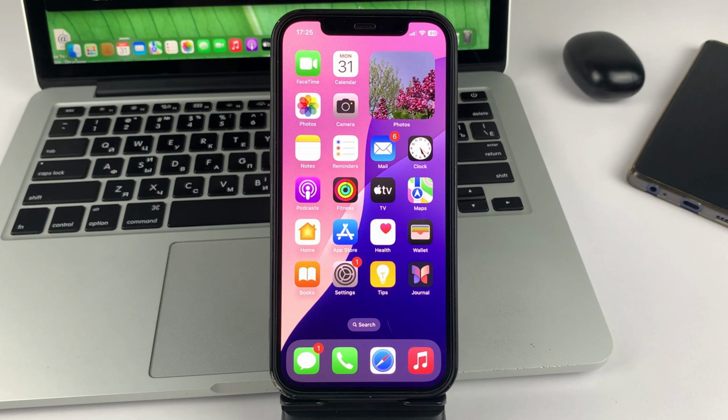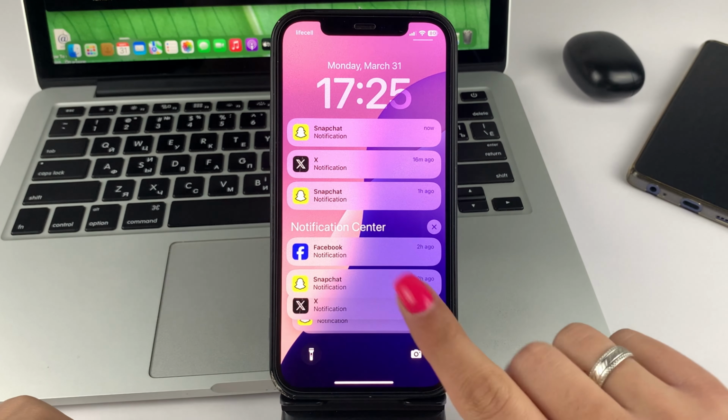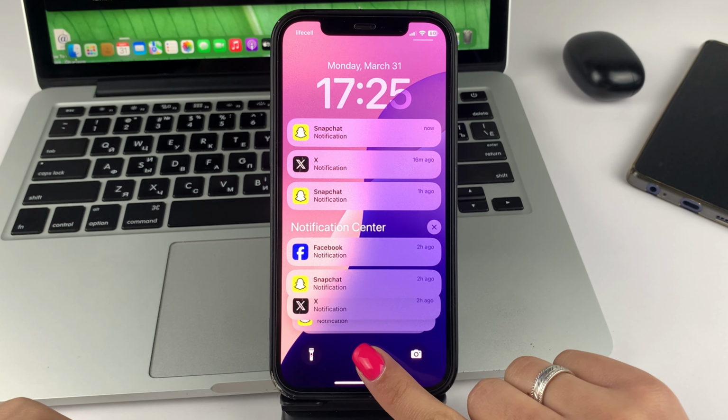So let's get down to our topic. And very easily you can, dear friends, on your iPhone set yourself a custom or, so to speak, personal lock screen. In order to do this, swipe your iPhone from the left side, top to bottom, to open the curtain. Now tap and hold on the empty box.